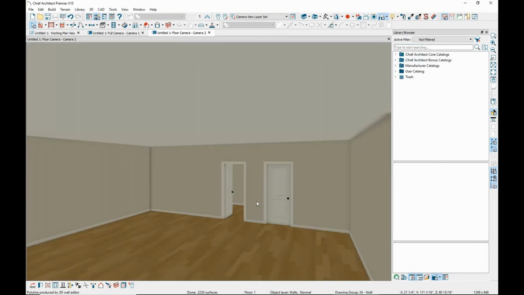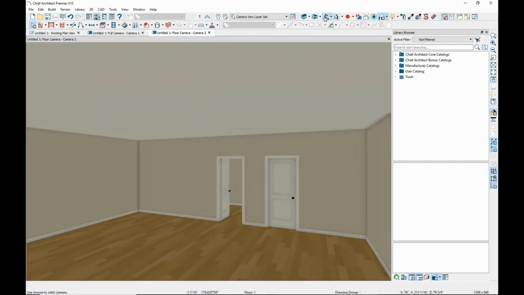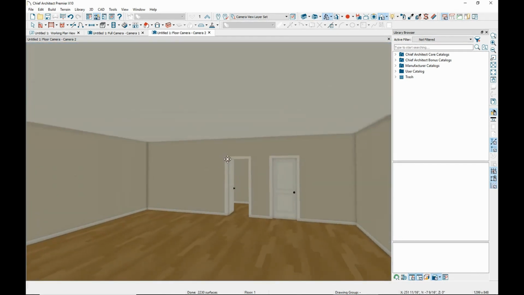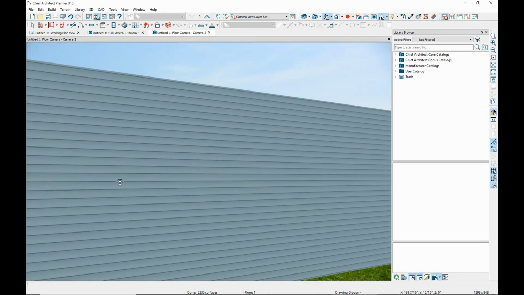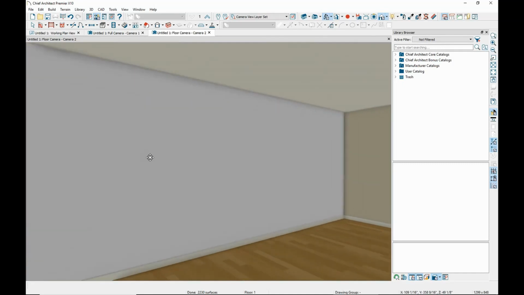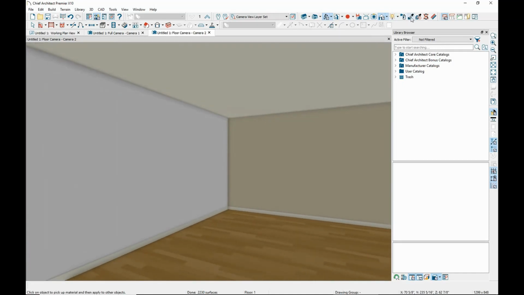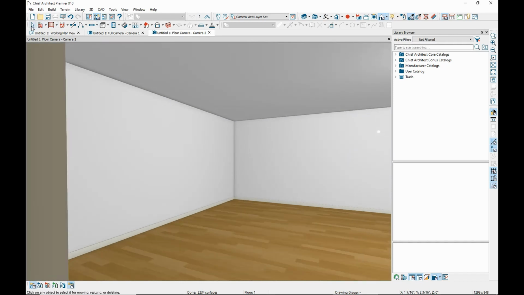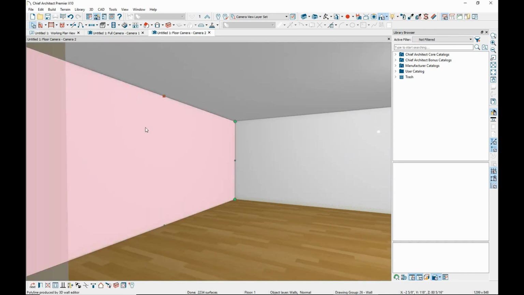And click OK. Now if we come in to look at this, you can also use these eyedroppers to quickly go through and change the color of other walls, or you can even select this one as a default. If you know this is how you want your interior and exterior walls to be, you can make this your default